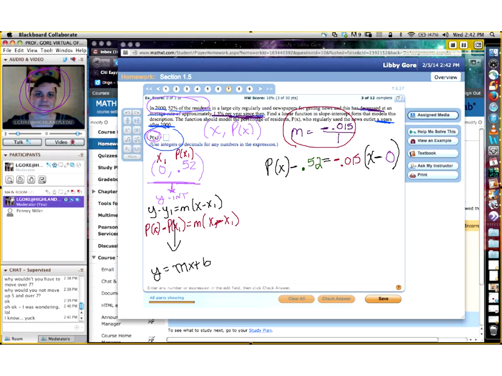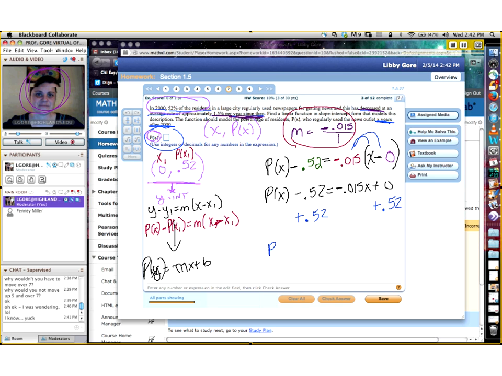All right, now all I need to do, okay, great, thank you for the check, Cindy. So now all I need to do is rearrange this until it looks like y equals mx plus b, or p of x equals mx plus b. So p of x minus 0.52 equals, I'm going to distribute my slope to each term inside my parentheses there. And that gives me negative 0.015x, and negative 0.015x times 0 is just plus 0. Okay? Now, I'm going to add 0.52 to both sides,